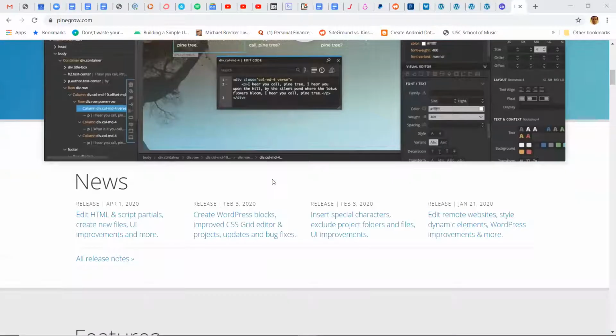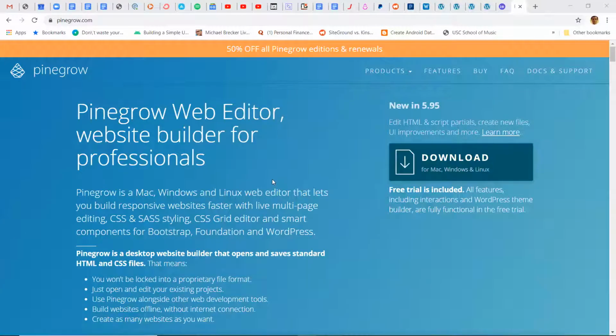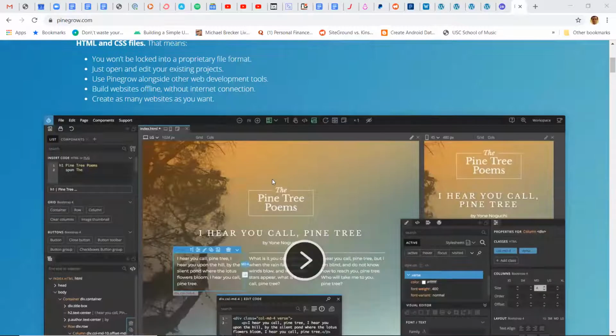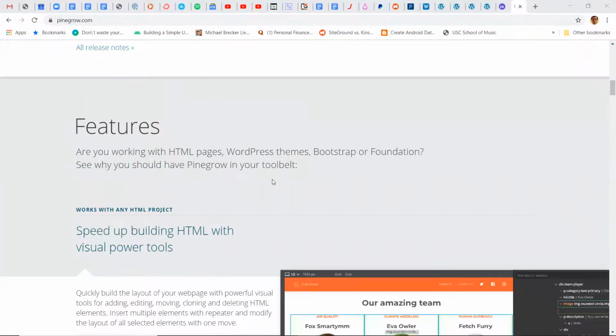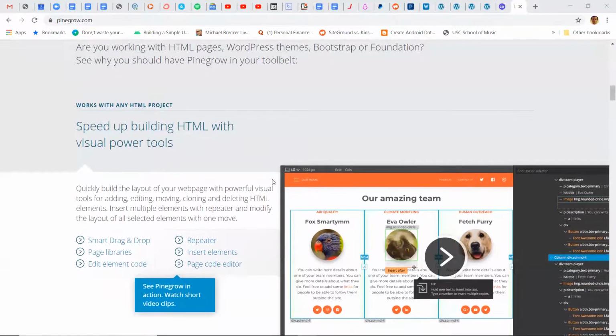Once you're happy with, say, your index page, you create the relevant templates for your other pages after that, between custom pages and everything else. Then, if you have the version that converts to WordPress themes, you select different elements on your layout and assign a WordPress action to it.